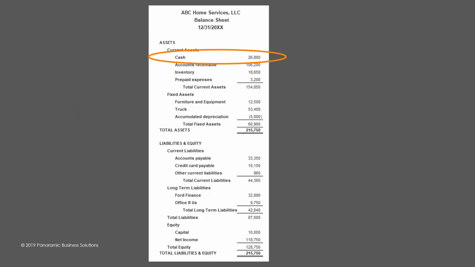And so here's an example of a balance sheet. Your first line item is cash. So it might get just a little bit confusing because you've got two different statements, two different reports that you're looking at. The first one, we looked at our income statement and we had some numbers from it. And then we also have our balance sheet, our cash balance. And the easiest way to see